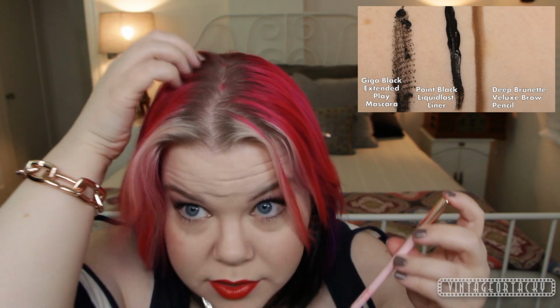because this one is just a little bit too dark for my hair color, a little too warm toned, because my natural brow color is sort of an ash tone, and then as you can see, well, you can see some hair dye spots, but my natural hair color is sort of like an ash blonde. So this is not a color that works for me, but I love the texture, I love the quality, and I have to talk once more about the packaging because this is so pretty. I wish that they had done this in a blonde or an ash color or something like that, but sadly